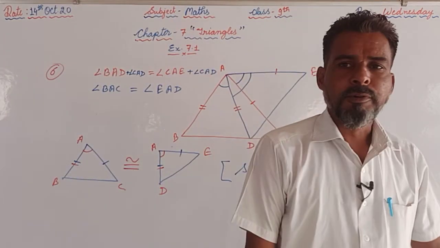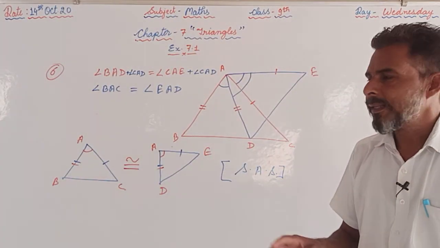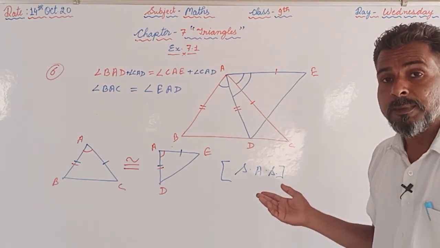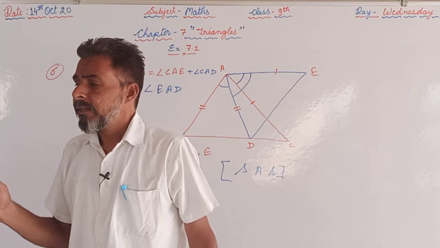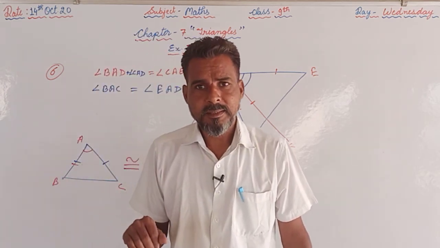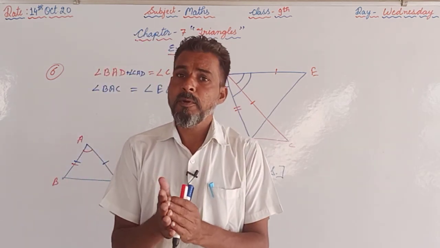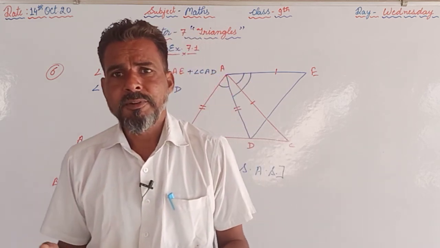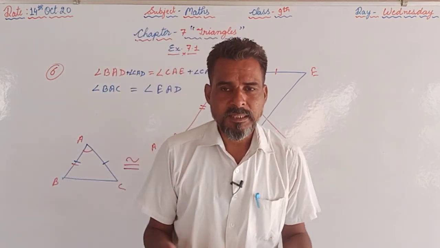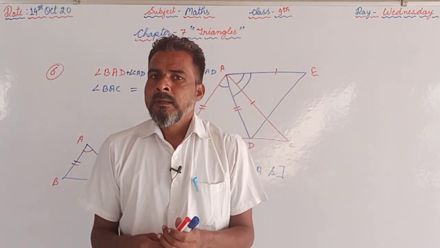First of all, you have to repeat the questions which we have done today, that is question number 5 and question number 6. After completing that, you are supposed to try the upcoming questions of this exercise. At the same time, if you are facing any problem or if you are having any doubt, then you can message us or you can even call us. We will try to rectify your doubt so that you can easily proceed with the questions given in your textbooks.